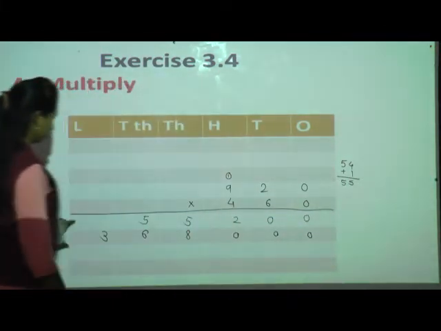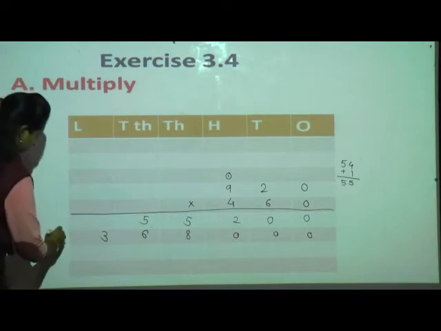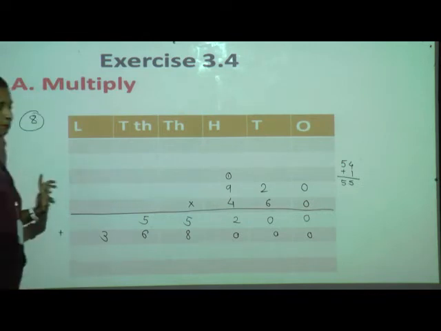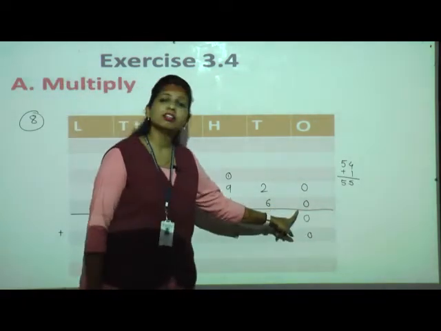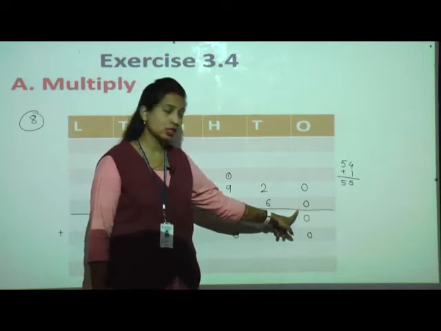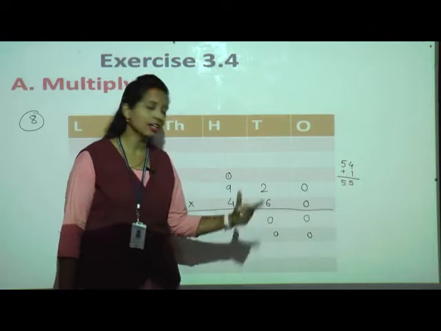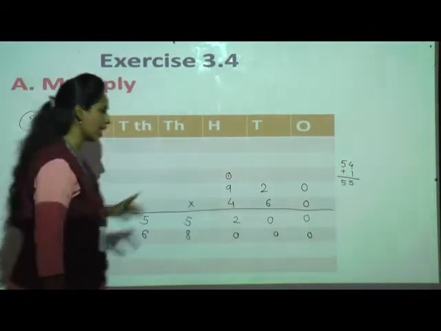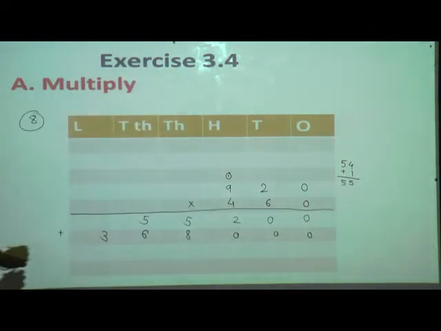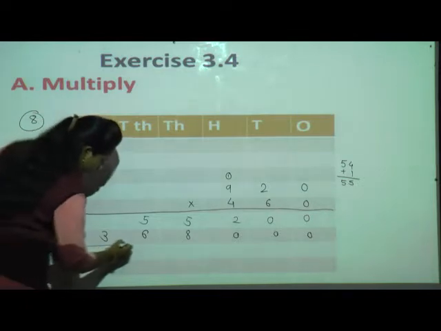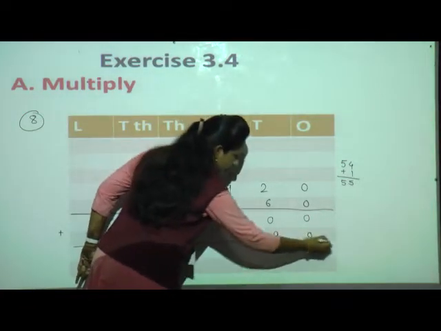Okay. Now here we got two products. Why did two products come? Because a 0 came in the multiplier. Whenever there is a 0 in the multiplier, we can skip that step. So we have skipped it in this question. Now directly we will do the addition of these numbers.